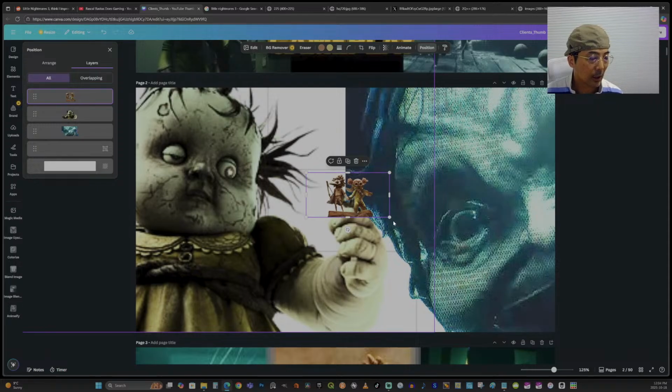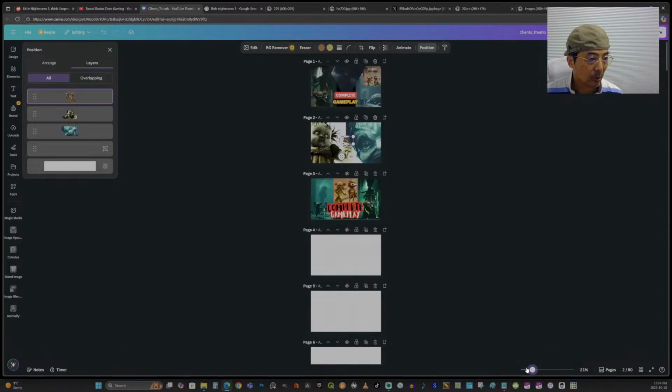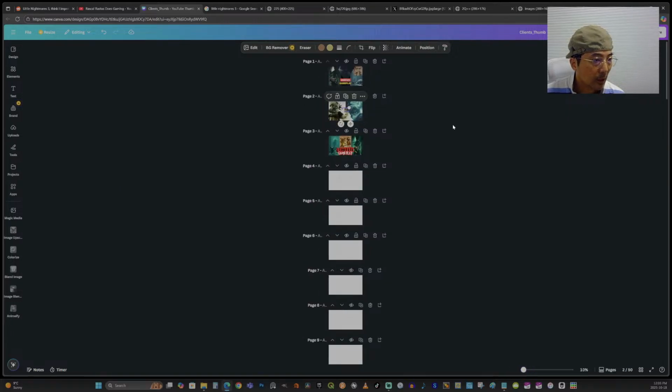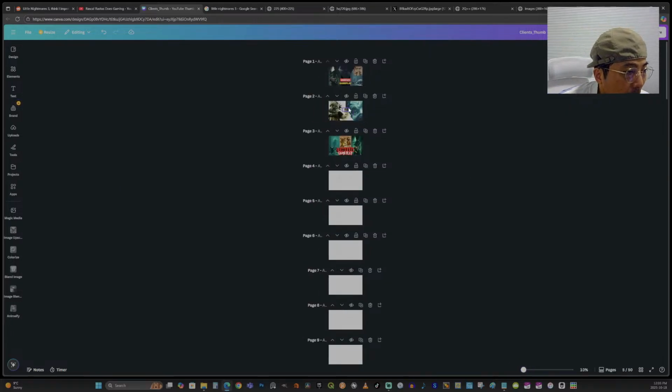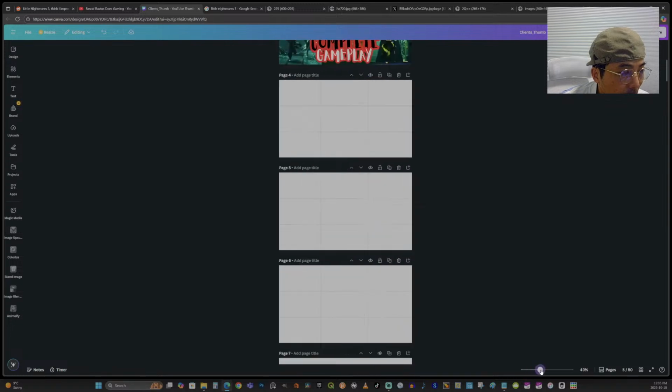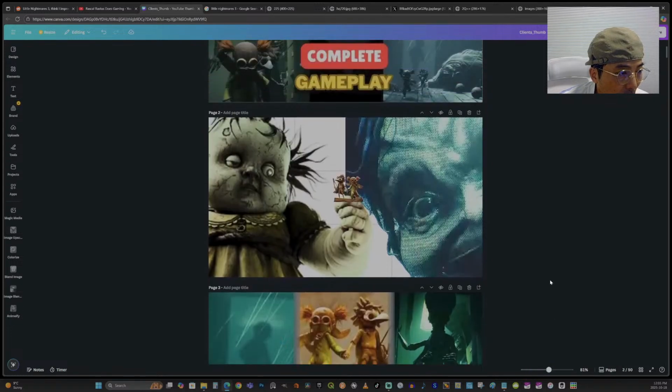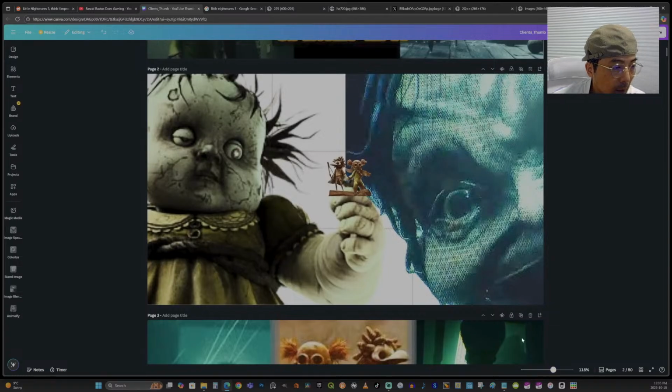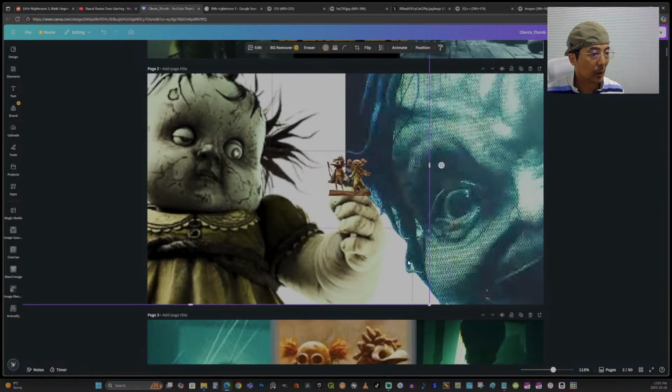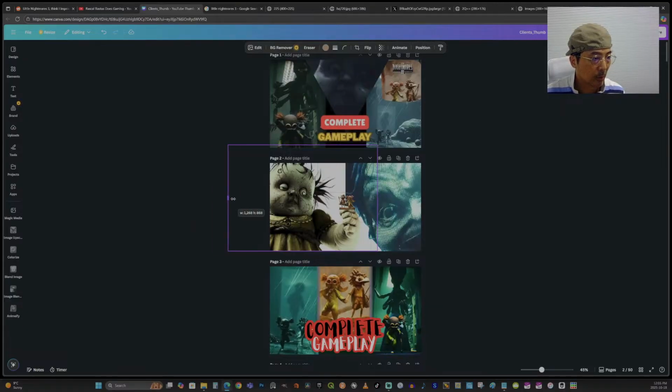So what I need to do now, if I shrink it, we don't see the two guys, right? So maybe what we can do is instead of showing that much of the baby monster, let's crop out first,